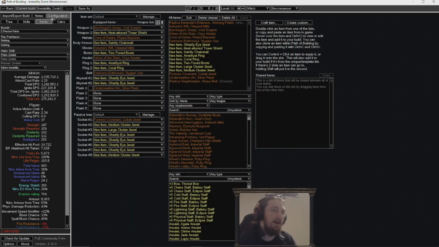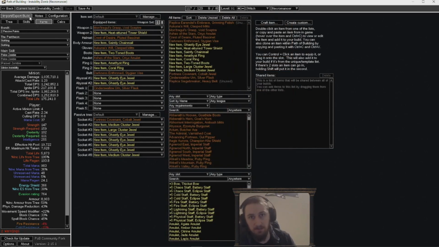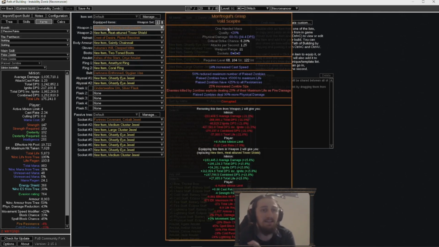Now, the reason why I'm doing it this way, and there are a lot of ways you can build this. Minion instability in general is one of the builds that has the most variance of different strategies and approaches that I've come across in a long, long while. So just to get ahead of a number of the suggestions that I am sure I will see in chat, I don't really want to use a replica Arendals